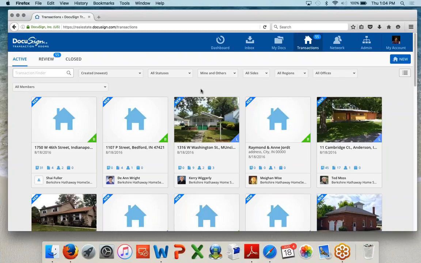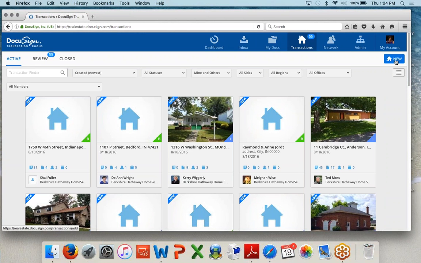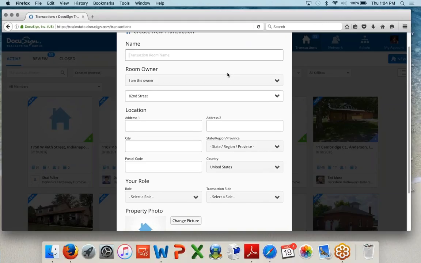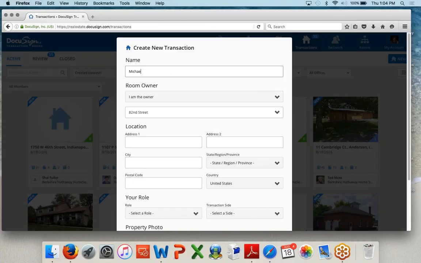So as we're coming in here as a new user, the first step we're going to need to do is create that actual transaction room. So open up that paper file and add our documents. To do that, we'll go up to the right-hand corner and click New. And it's going to bring up the Create a Transaction where we'll be able to